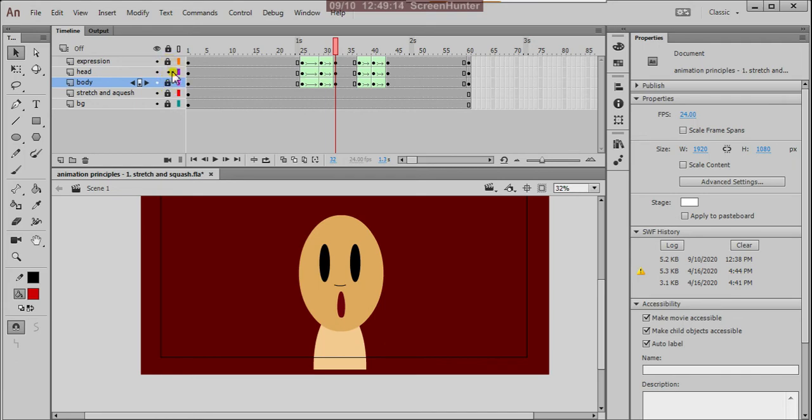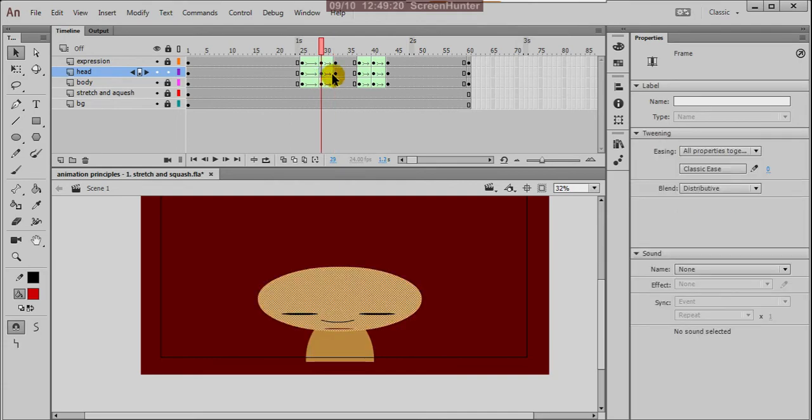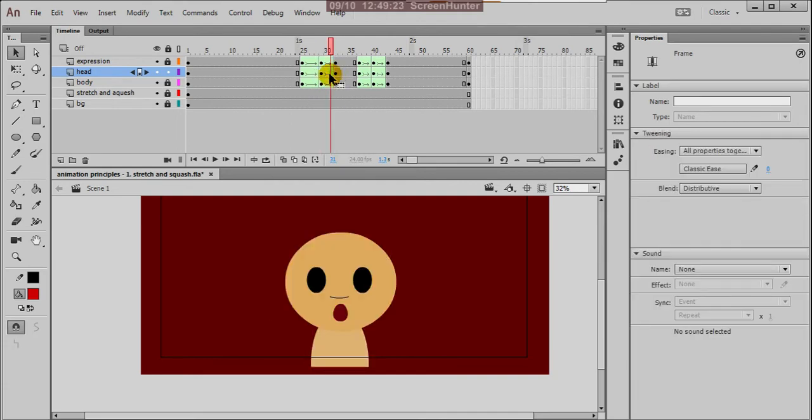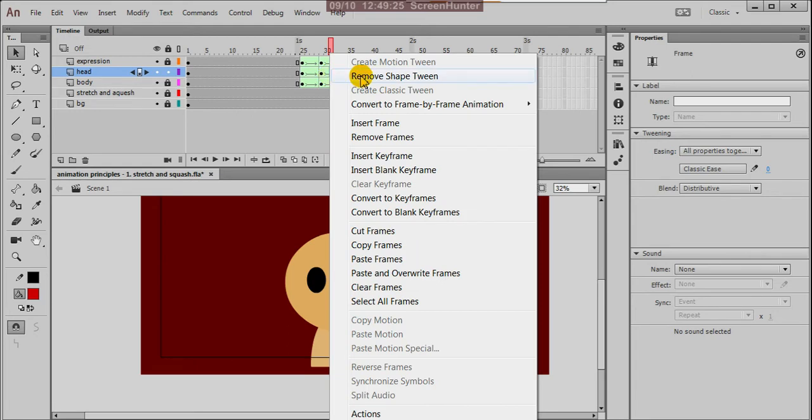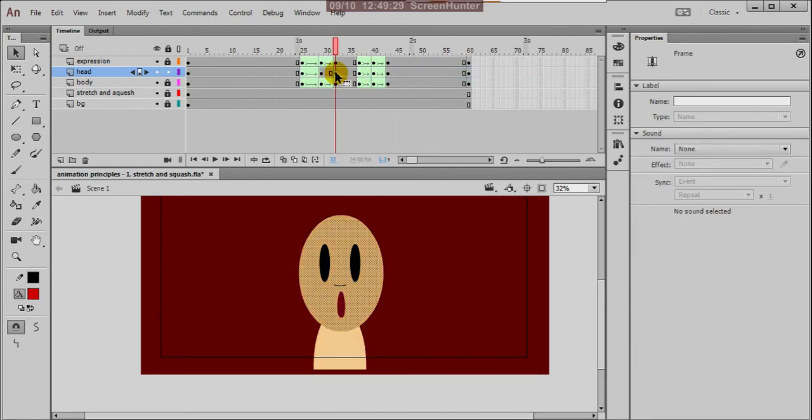Okay, so that is the reason for what I did. So I stretched the head here, squashed here, stretched. Suppose here you can remove this tween, and now see this.